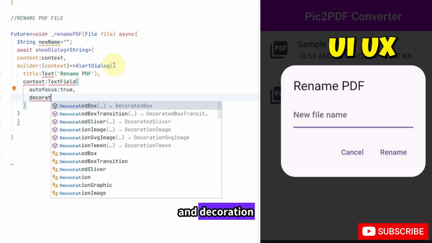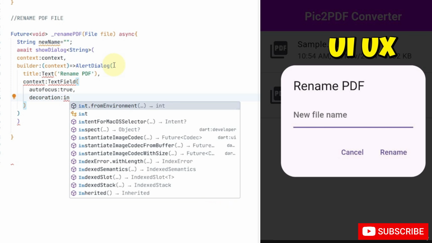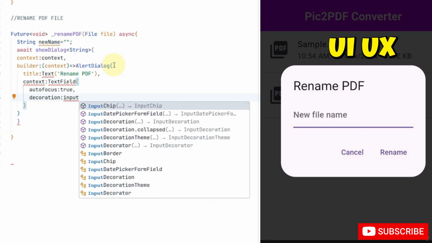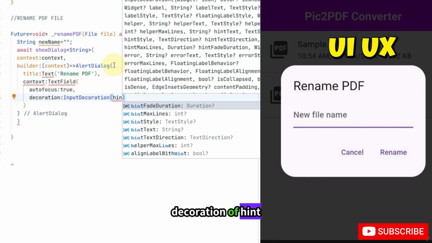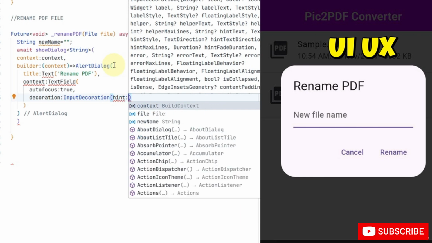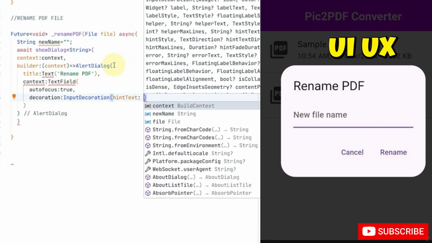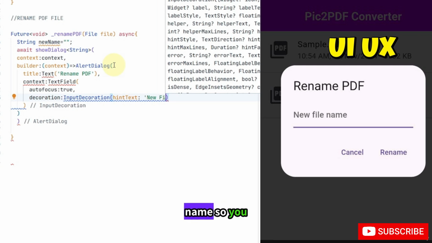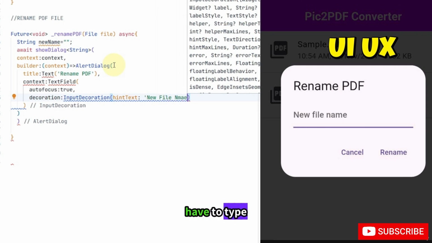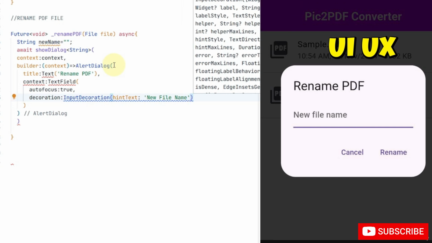And decoration, InputDecoration of hintText, new file name. So I have to type the new file name, comma,